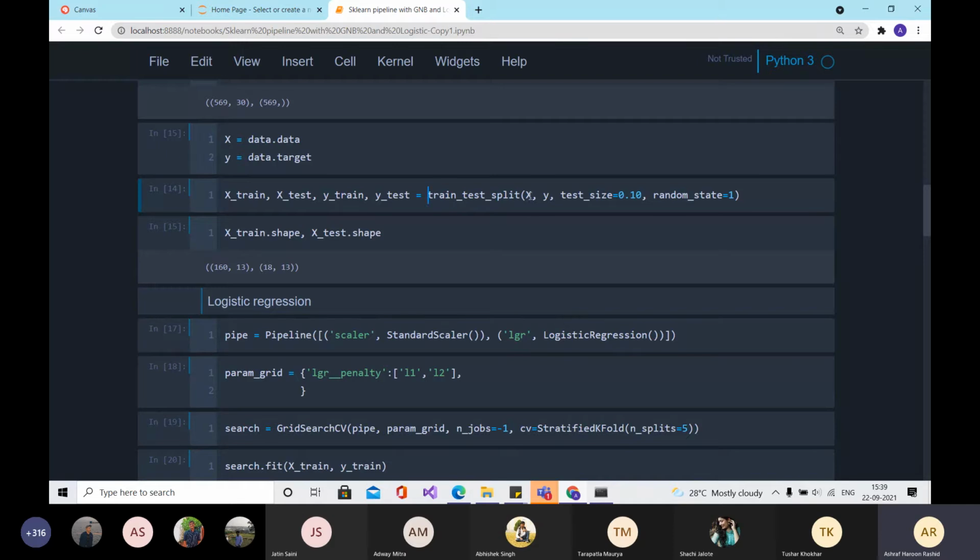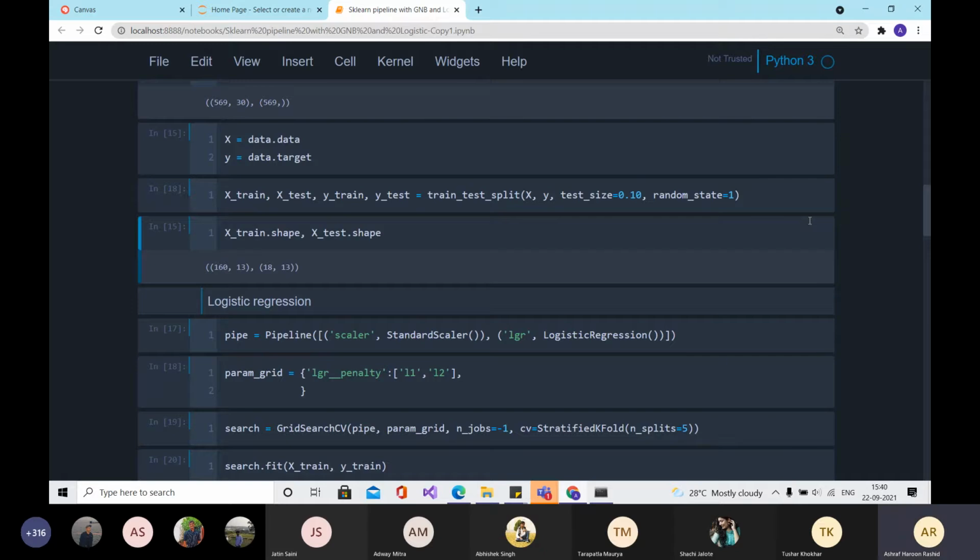Within train_test_split, you pass your matrices X and Y, and you specify how much of the sample you want to keep as a test set, which I have specified as 10%. So out of the entire 569 samples, 10% will be kept as your final test set.